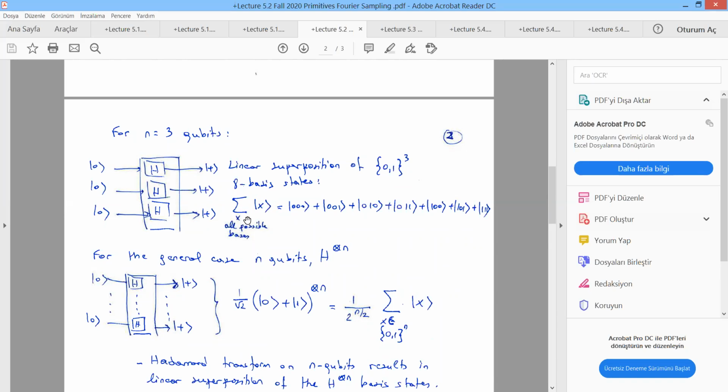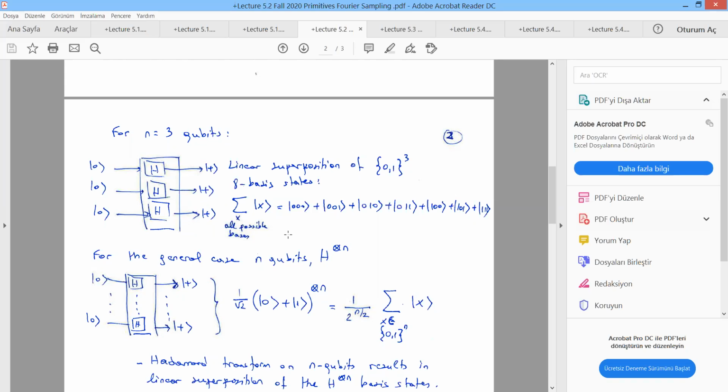So this is a summation over all the basis states, all possible bases, |000>, |001>, |010>, |011>, |100>, |101>, and |111>. And again, if you tried other inputs instead of 000, you would obtain linear superpositions of the states, but the only difference would be the phases, the signs in the front. They would be plus or minus, depending on, when you multiply it out, how many plus states, how many minus states there are,